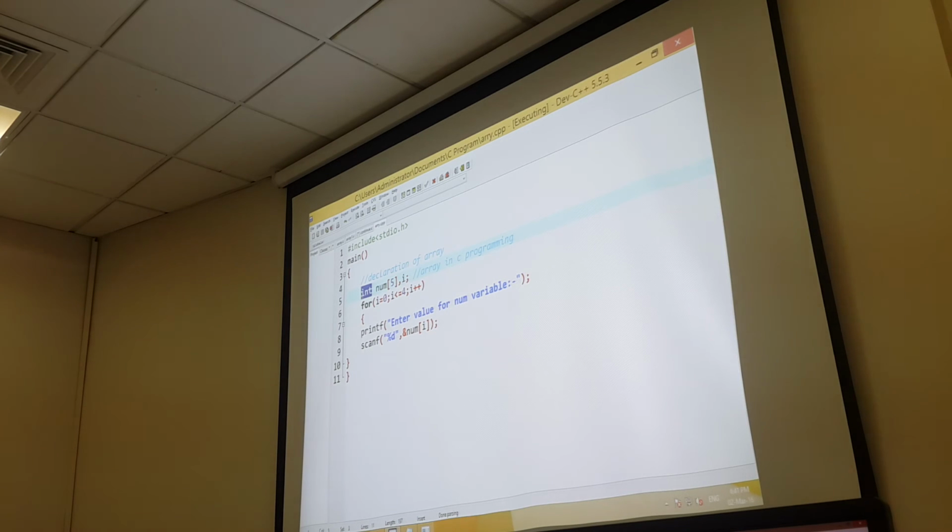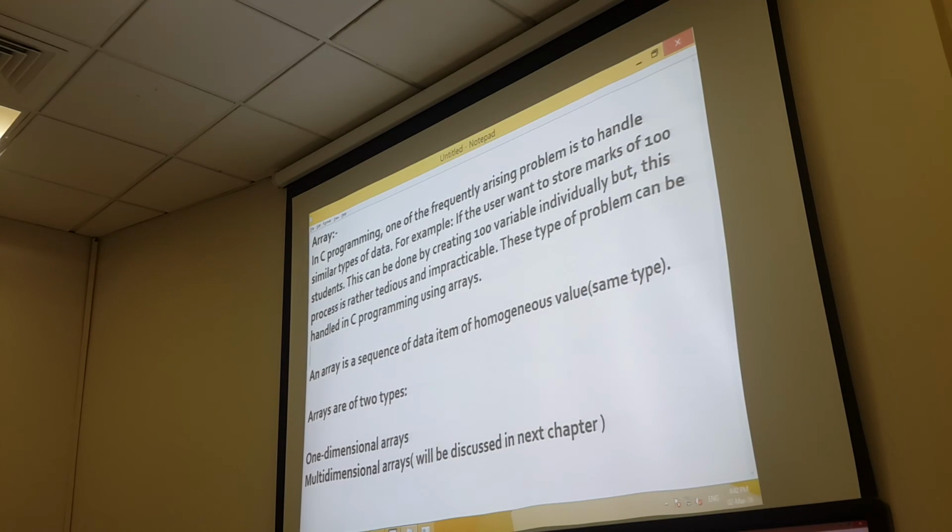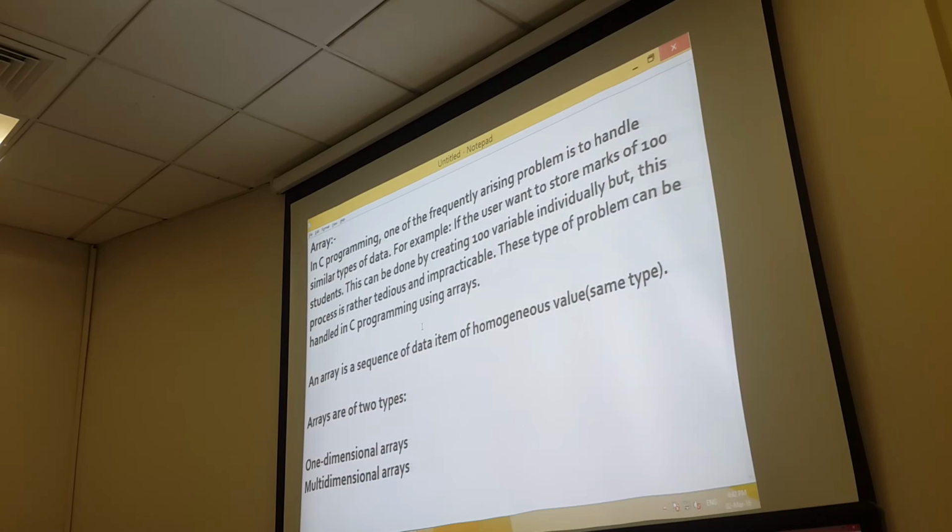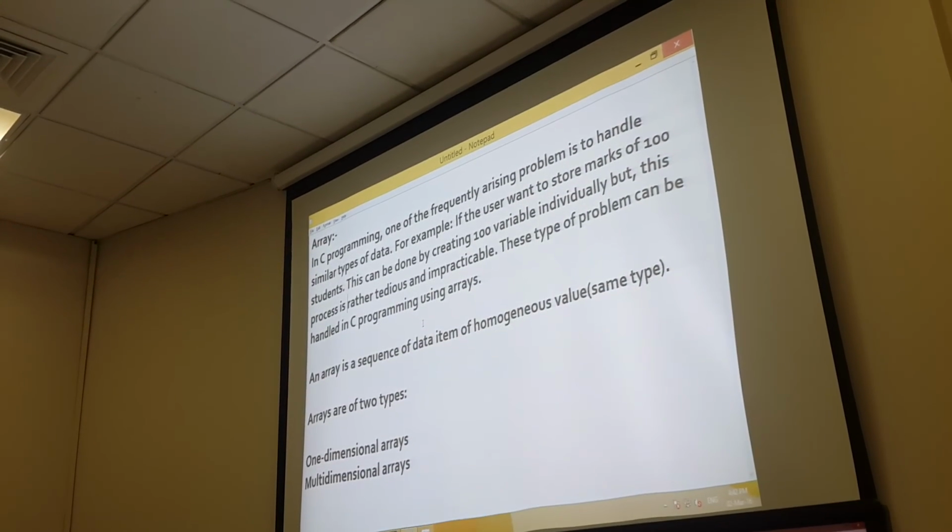If I write char, then you can write only characters. So this is called homogeneous. Arrays are of two types, one dimensional and multi-dimensional. That we will discuss later. Please note down these things so that you can remember what an array actually is, and after that I will show you the program and execute it.